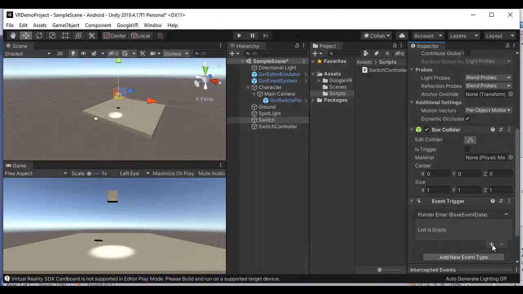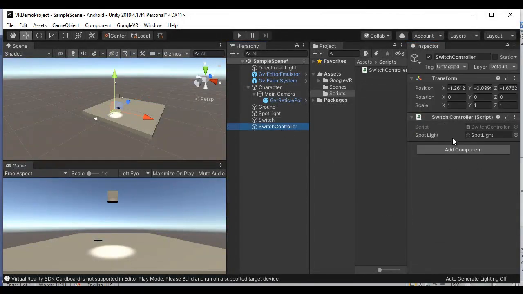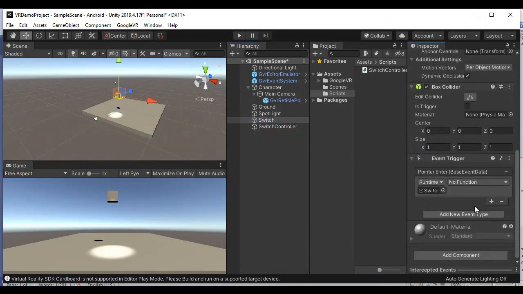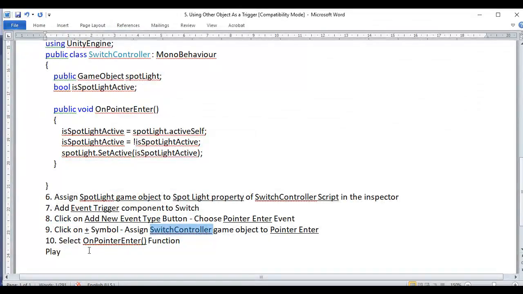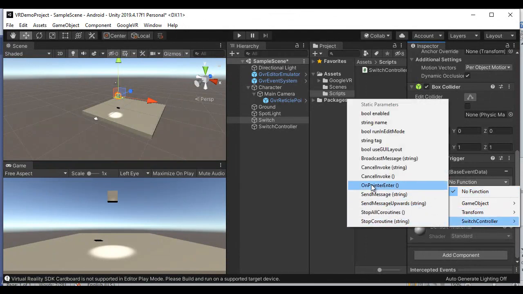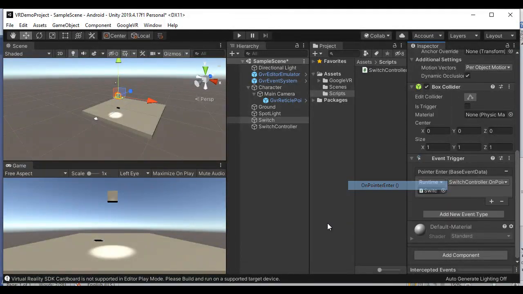We give SwitchController because the SwitchController game object has the SwitchController script. We are giving it to the pointer enter event. And then from that, we choose the OnPointerEnter function from the SwitchController script.